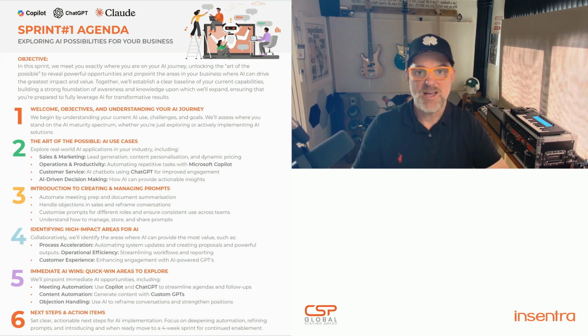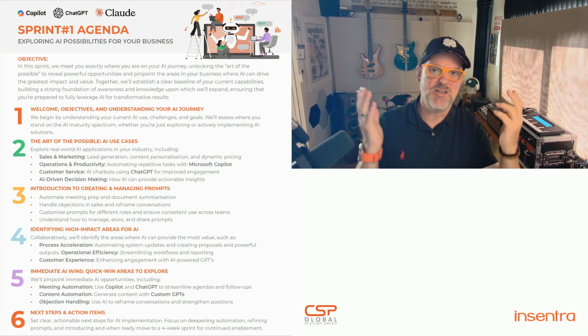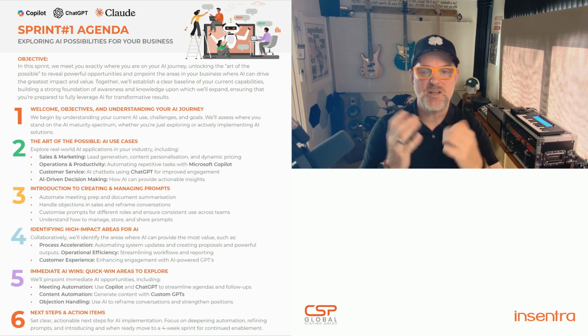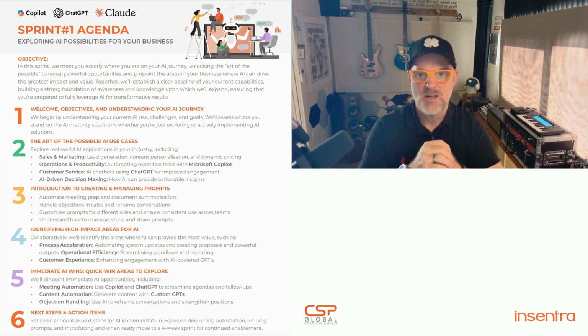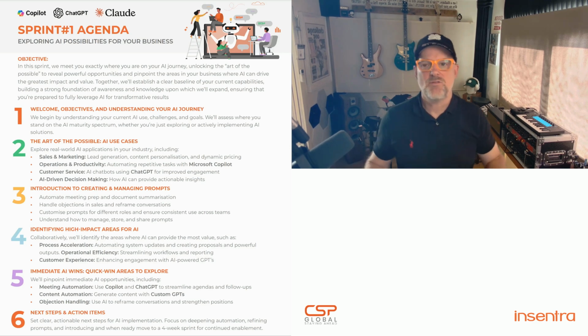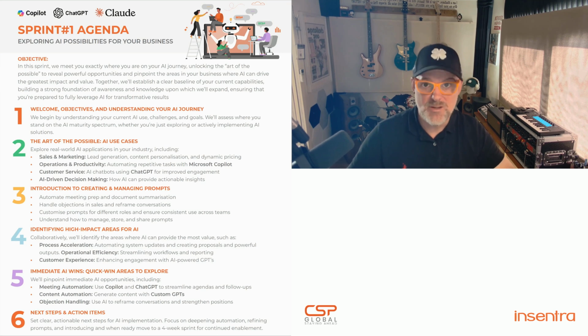Another area we can look at is operations and productivity, looking at repetitive tasks and things that we can do with Microsoft Copilot and other generative engines like ChatGPT and Anthropic's Claude and so on. Customer service, we'll look at things like AI chatbots and where they could be leveraged to increase productivity and make a user experience more engaging. And we'll help with some tools around AI decision making, helping you get to positions quickly through knowledge and access in ways that you may or may not have seen before.